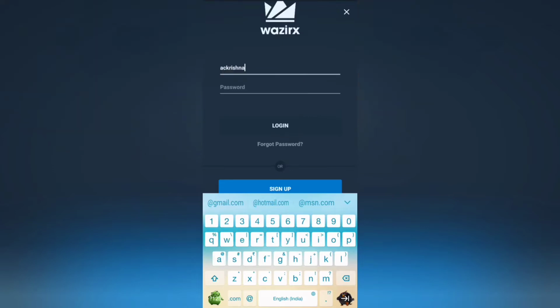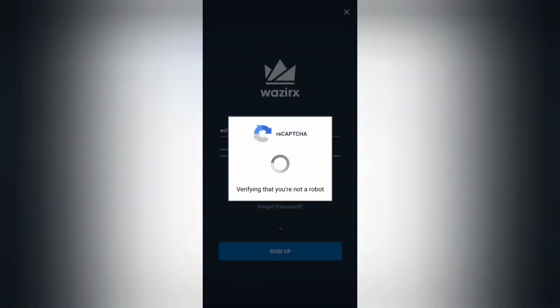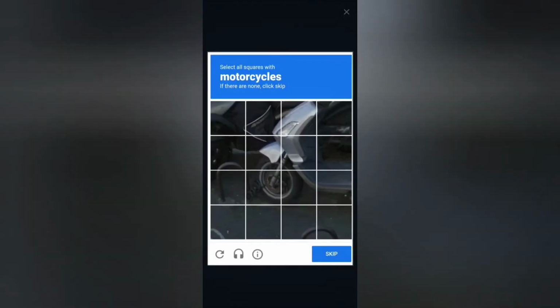Login using the Gmail which we signed up with just before. Enter your Gmail and password and click on login. Once you click on login, it will ask for a captcha entry.